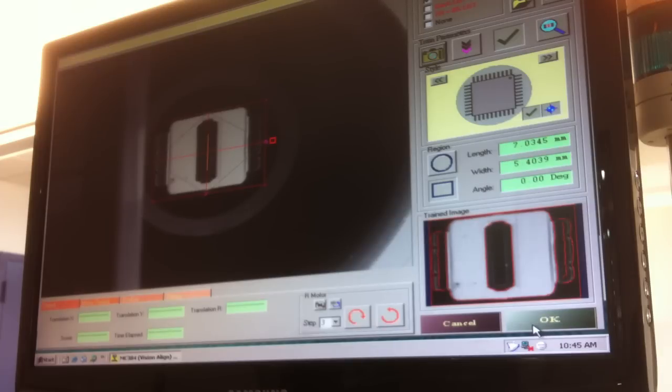What this does is, every time before placing the component, it's going to check for this image. If it can see the same image, then it's going to place. If it cannot see that image, it's going to reject the component in the component bin. That's why when there is no component, it's going to go and reject the component over there, because it can't see this image. So it's very simple. You say okay,